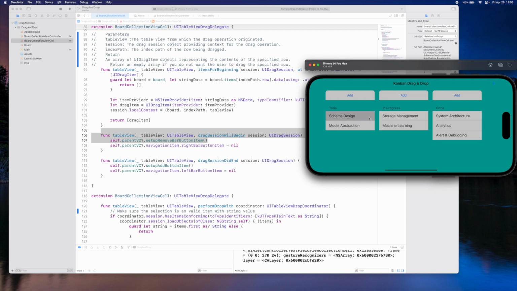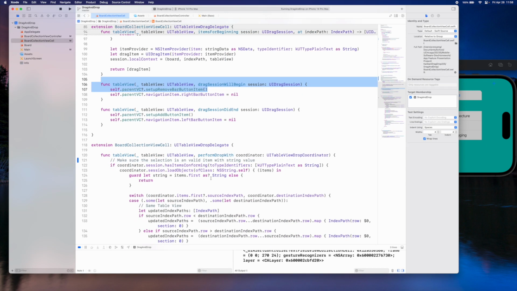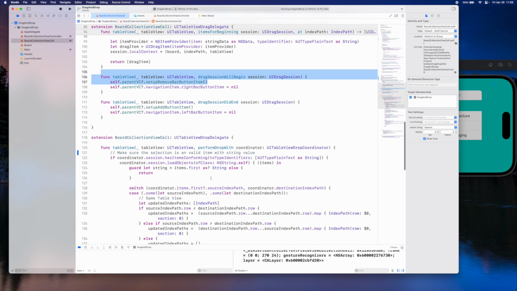Vice versa, when we drop the item, the add sign will show up again and the deletion button will disappear. So now we have the desired interactions and delegations for drag activity.